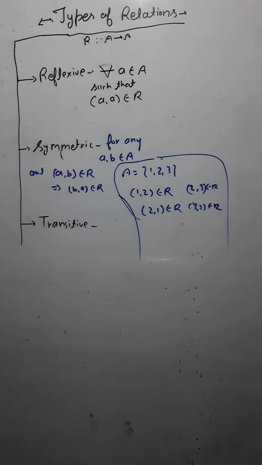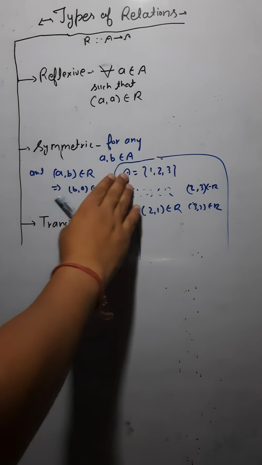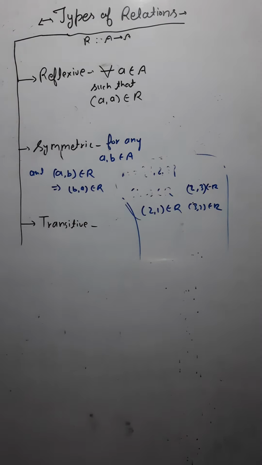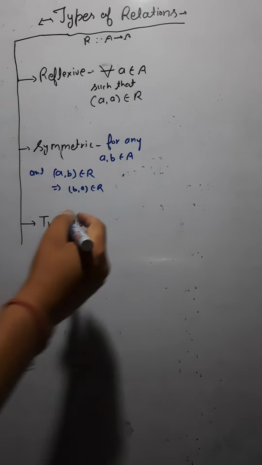Are you getting this? So such relation you would be calling as the symmetric relation. Which one relation? Symmetric relation. So symmetric relation means you have A comma B that belongs to R, so it implies what? It implies B comma A should also be there in R. Are you getting? Now the next one is the transitive relation. So which one relation is transitive? So it is again for any.